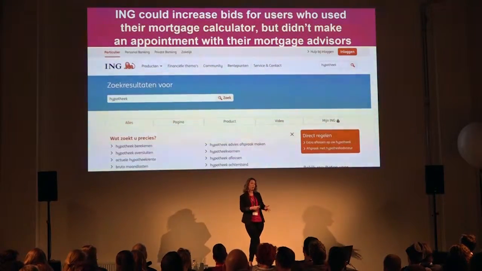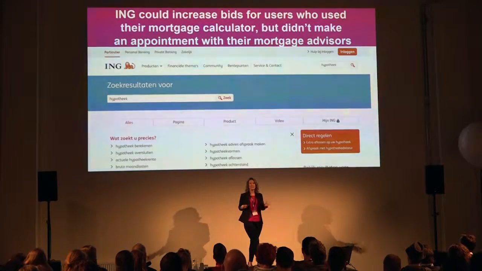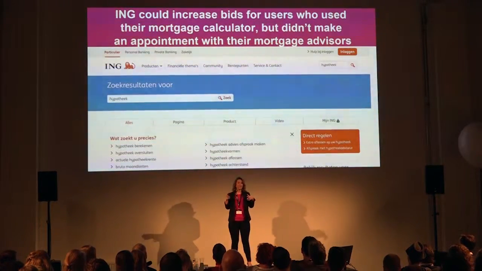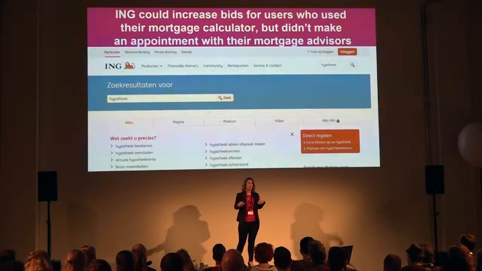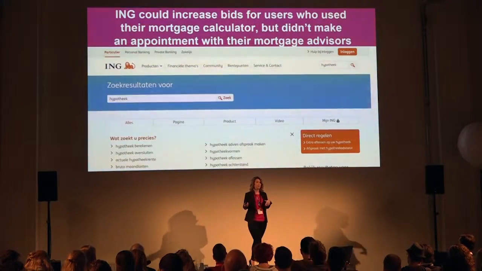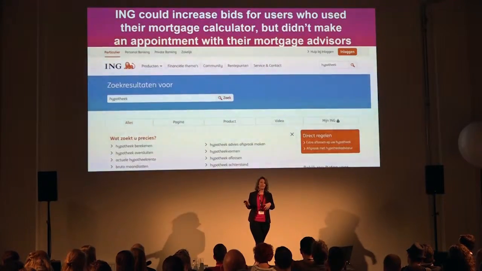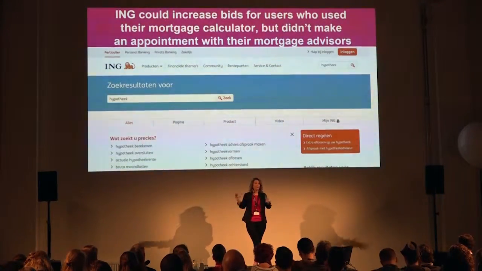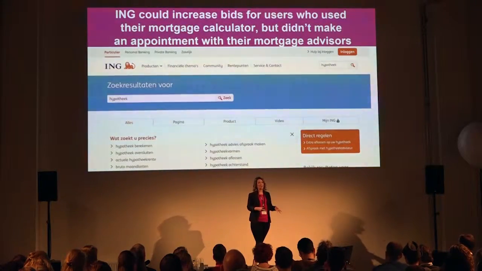So that's their micro goal. It's not really important, but it's still an indication that the user is really engaged. And then increase their bids if they've not actually made an appointment with their mortgage advisors. So the mortgage advisor appointment would be their macro goal, their main thing, but using the mortgage calculator is their